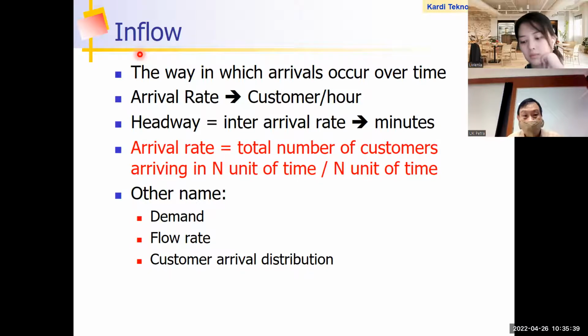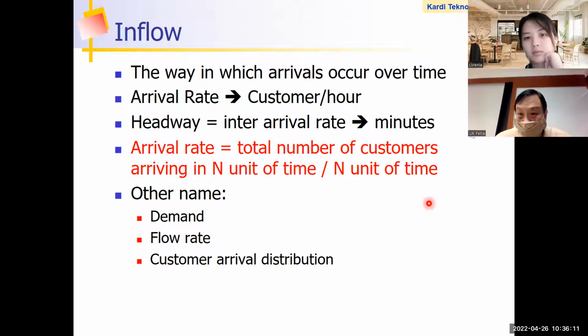In this case, you will take the mean, the average, the mean of arrival rate. That mean of arrival rate is usually per hour, the unit is customer per hour. But you can also measure it as